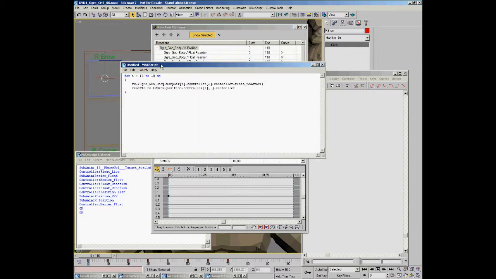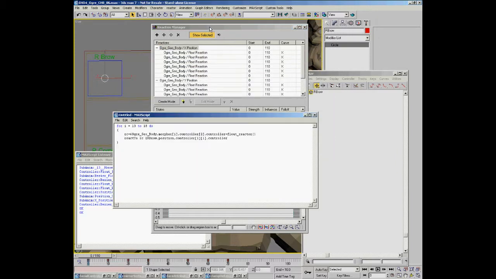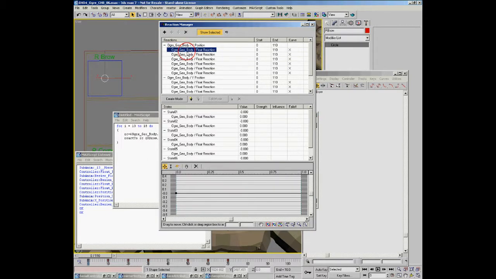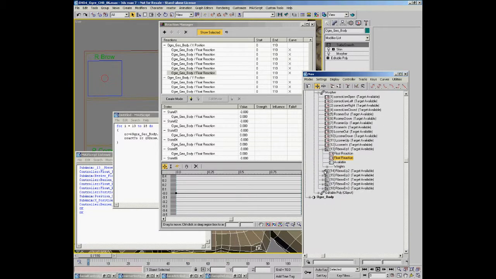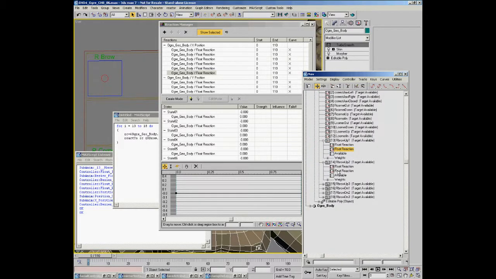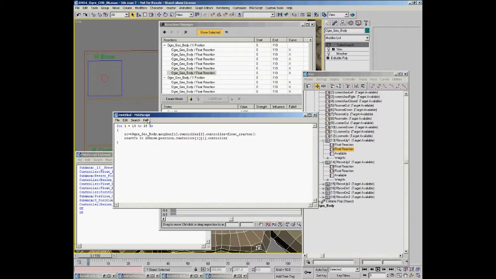And I'll just evaluate that, and you can see now that under our X we have all those float reaction controllers. And if we take a look again under here, you can see that each one has a float reaction controller added to it. Now what you want to do is you want to save this